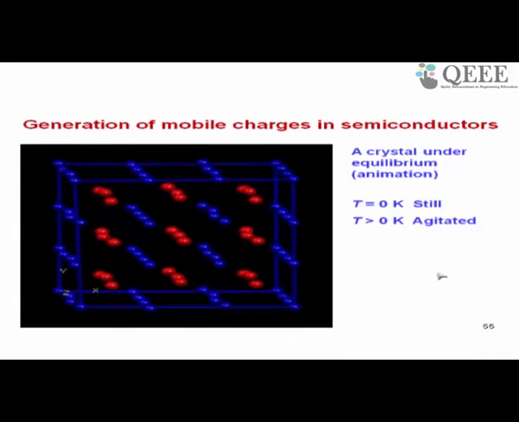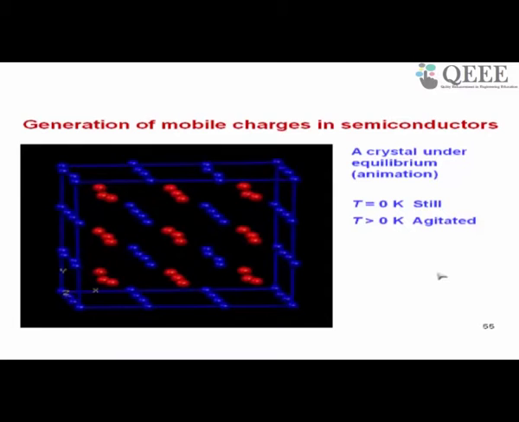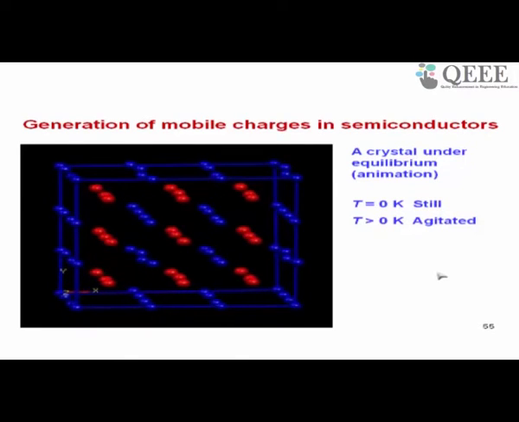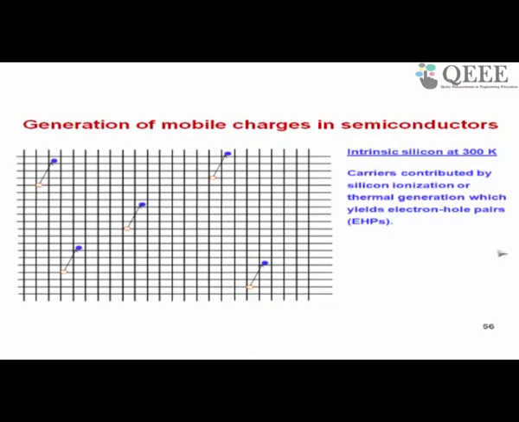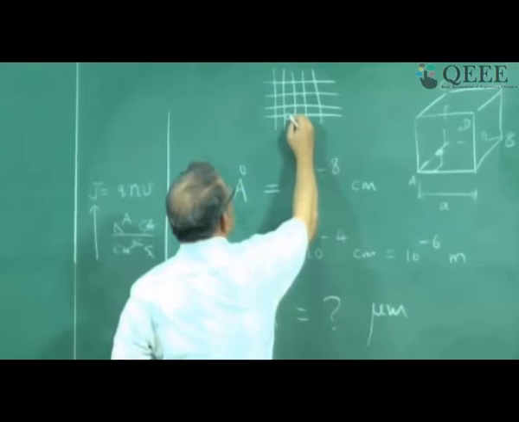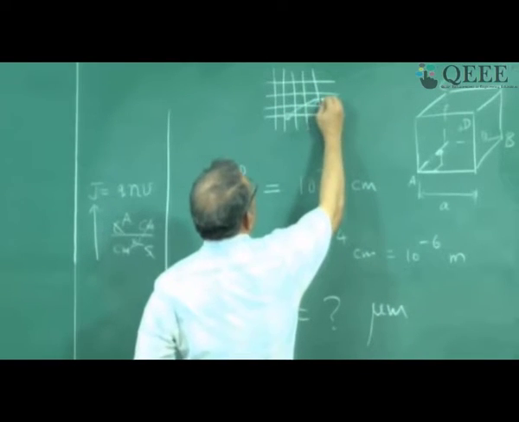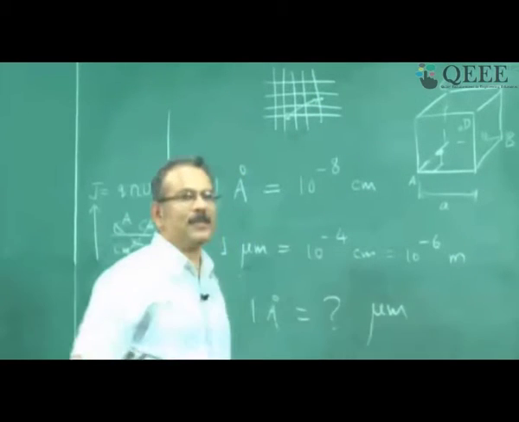Okay. So, what is the result of this? Let us see. When you want to see the result, we will come back to your two-dimensional representation. You can see here what is happening at 300K, for example, room temperature. You can see that some bonds are broken. You can see some circles here. It means that particular bond is broken. So, here for example, if this bond is broken, I show a circle, a vacancy. Why? Because an electron from there has left the bond. Okay. Now, that is what is shown here.